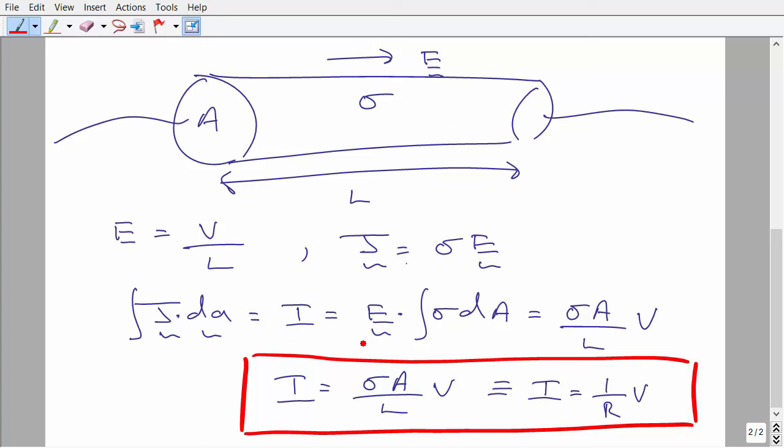And now we integrate the right-hand side, which is E dot sigma dA. I should write that as a vector, so let's do that. Okay, and I'm going to assume that E, the electric field, is constant, and that it's parallel to dA, and sigma is a constant, so all of this just becomes sigma A times V on L, and I've rewritten E as V divided by length, as I said I would over here. And if we put all that together, we get the current is equal to sigma A on L times V, and this is completely equivalent